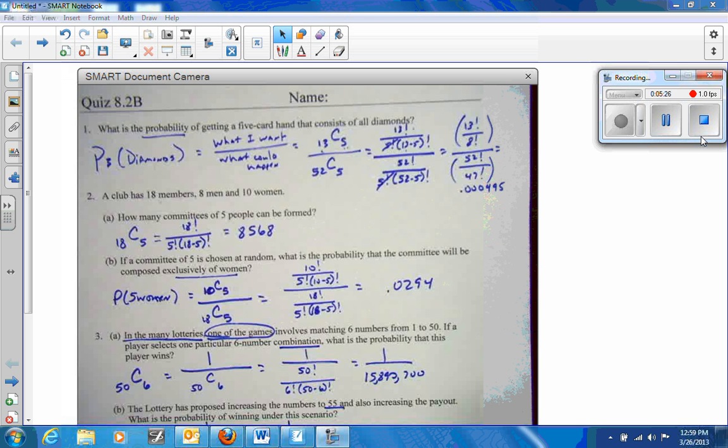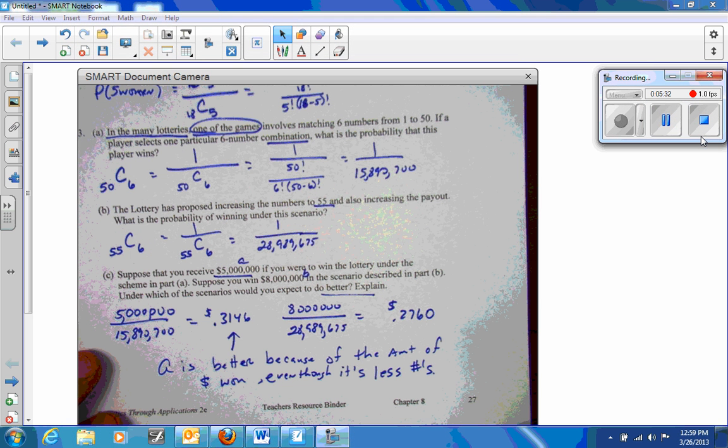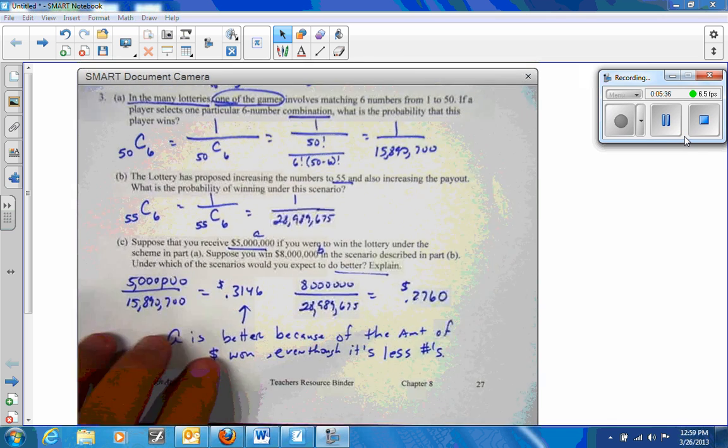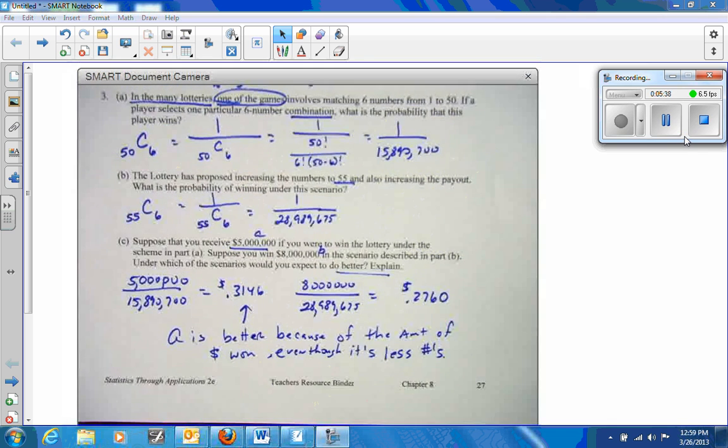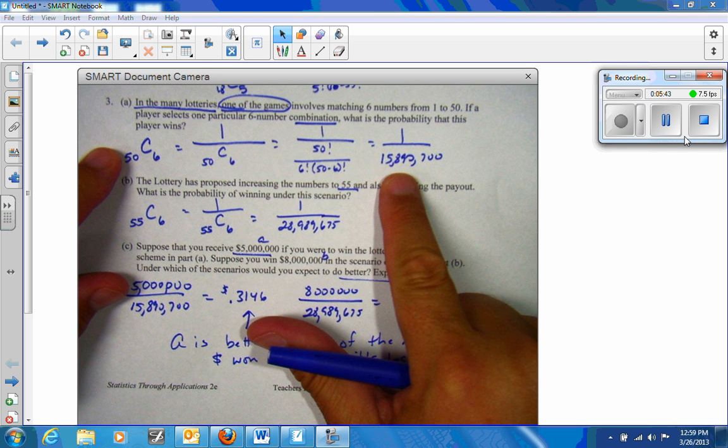Sorry about that. I didn't have it down here. So again, 1 out of 15,890,700. This is 1 out of 28,989,675. And when you find the ratio, it comes out to 0.3146. This is 0.2760. So A is better because of the amount